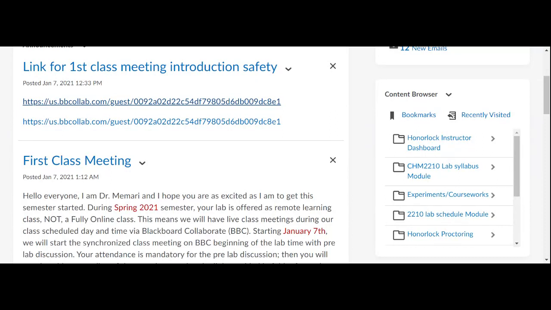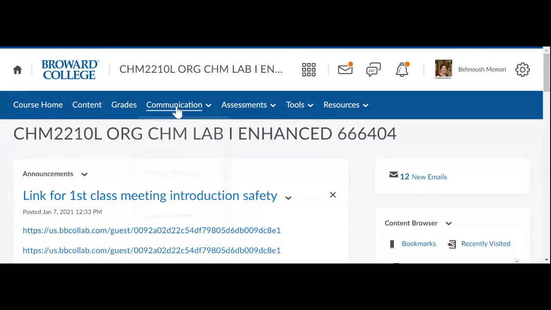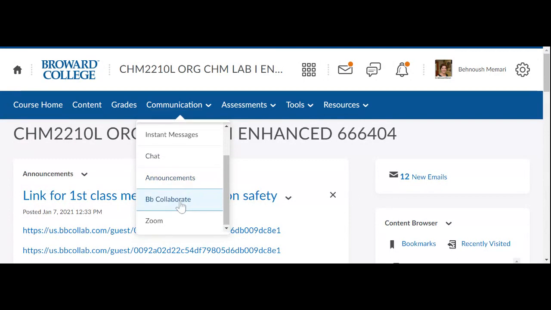There are two ways to find the recording. If I put in an announcement, it should say recording in the title, this is the recording. Or you go to Blackboard Collaborate and click on the 3 lines, and one of them says access to recording. It should give you the option of the recording. And that way, if you go to Blackboard Collaborate,